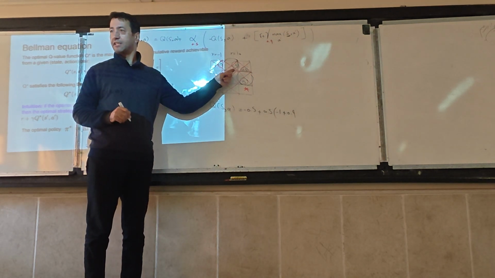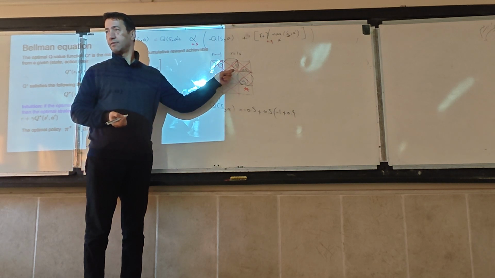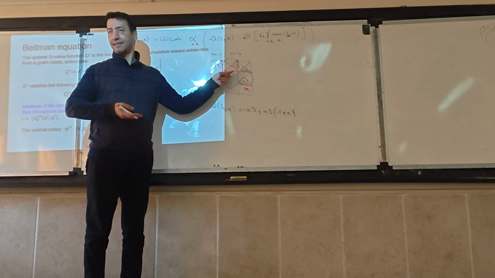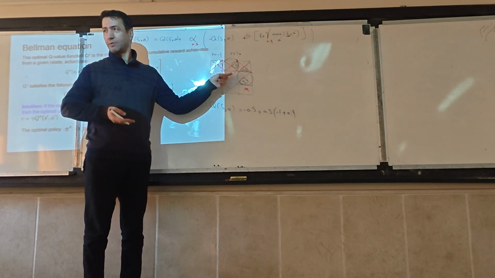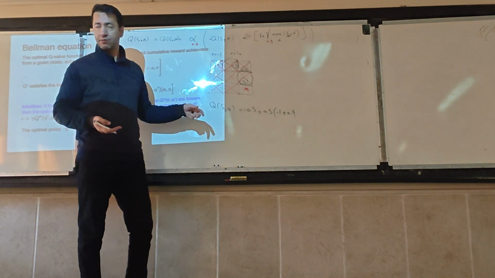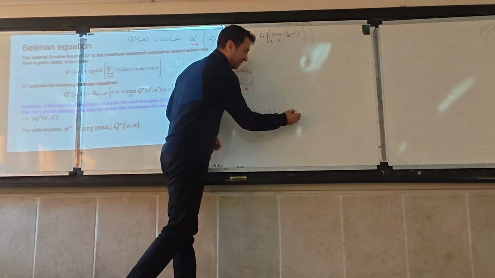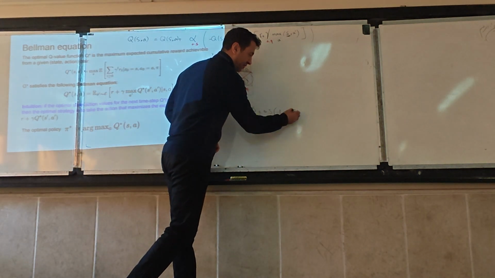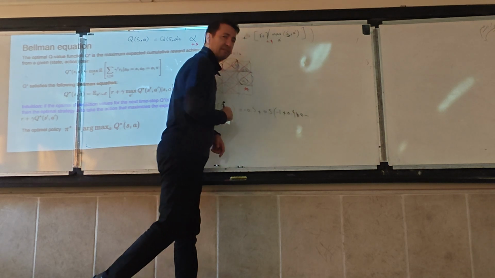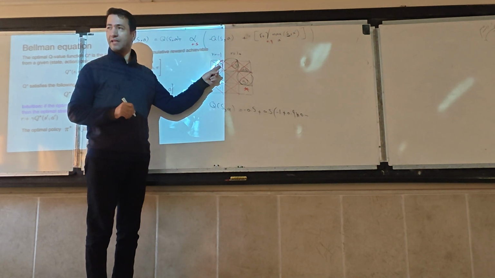The max of the next room is 0. The -1 is less than 0, so the max is 0. So no difference with the previous one. Minus the previous value is